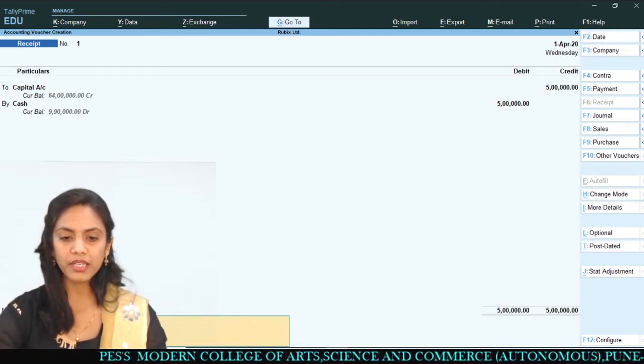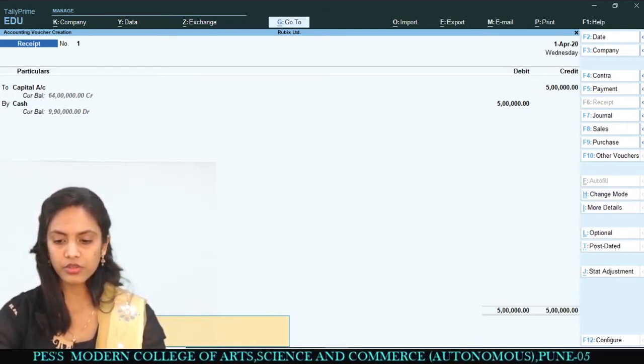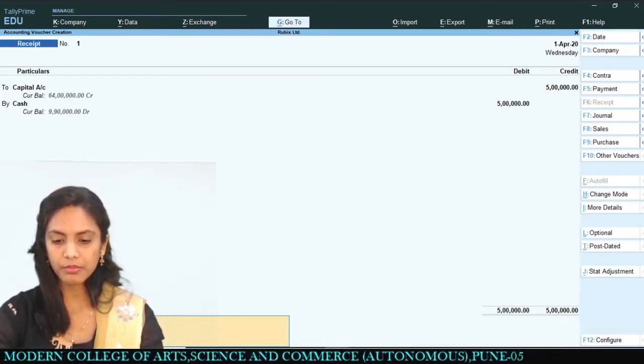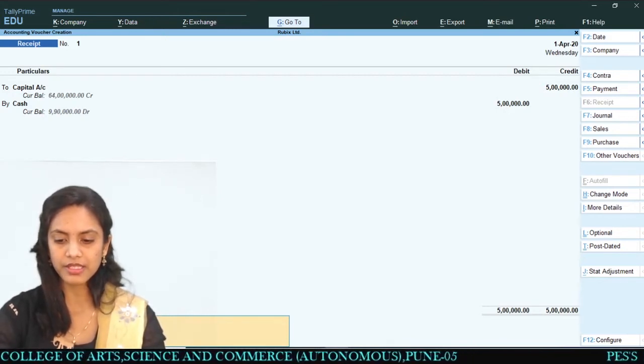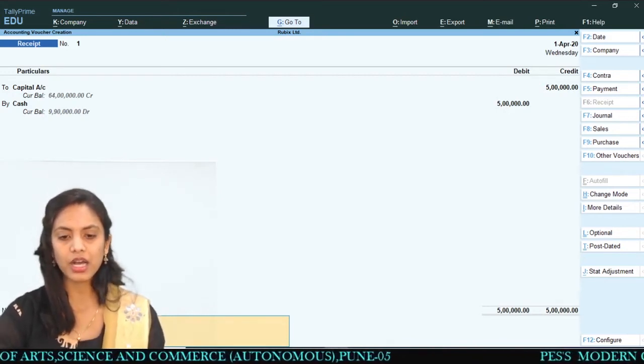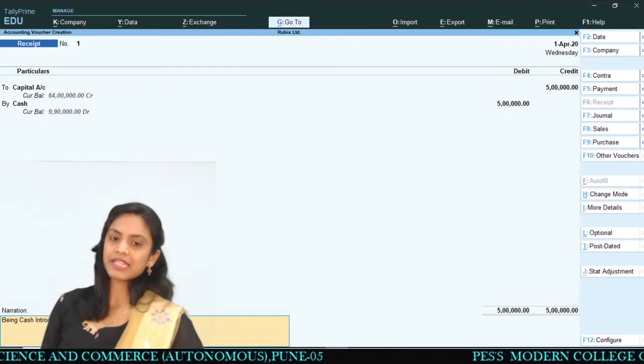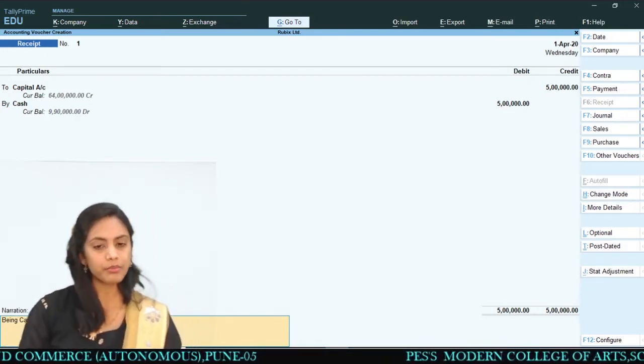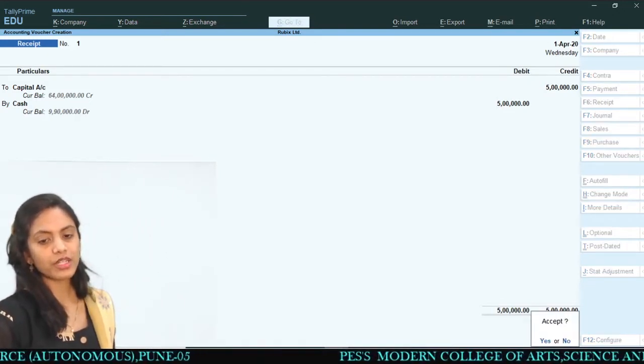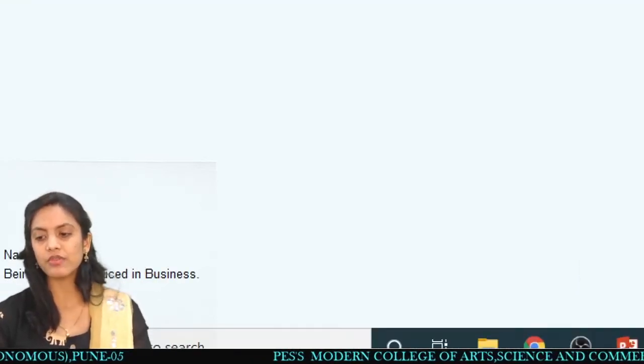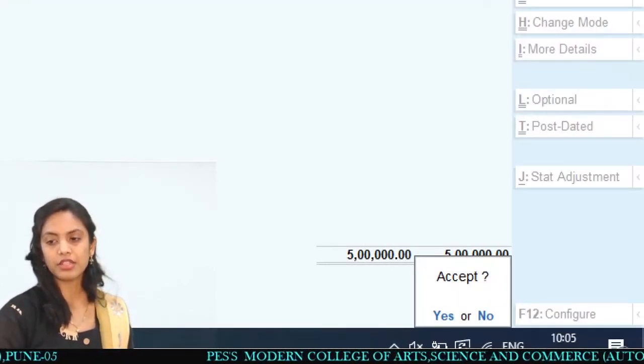So, being cash introduced in business. Likewise, you have to enter the narration like this: being cash introduced in business. Then I just have to click enter. Now they are asking once again whether you want to accept this or not.